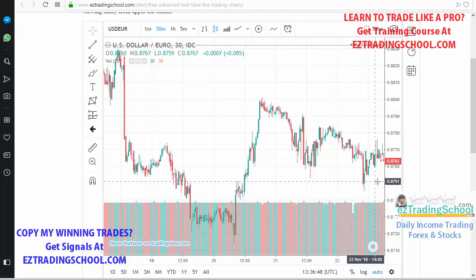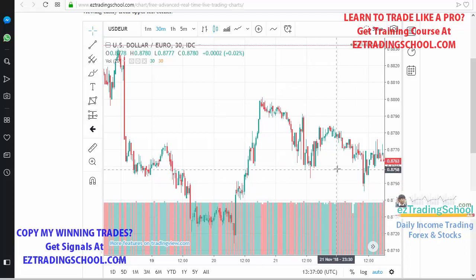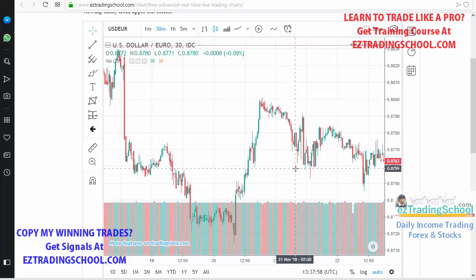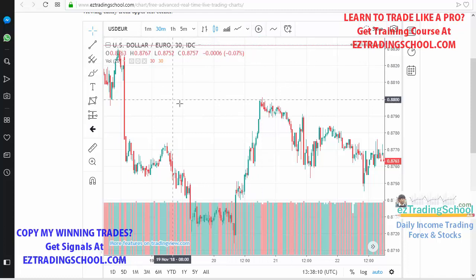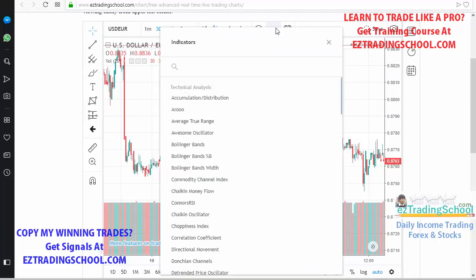What you do is you use the closing price of each bar for the last 60 times, and then you divide that by 60, and then you create a trend with that. This way you will know which way the price is moving. Of course we're not going to sit here and write down each number and then divide. Most charts have additional indicator development, so you can click on indicator,